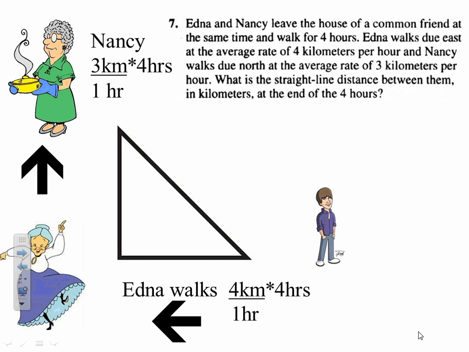This is question 7 in test 5, section 4 of the official SAT study guide. So this question is on page 652. Okay, so the question reads, Edna and Nancy leave the house of a common friend